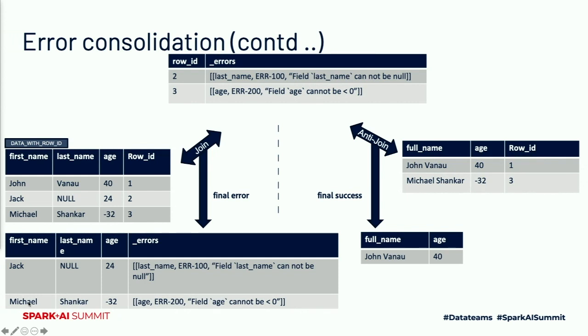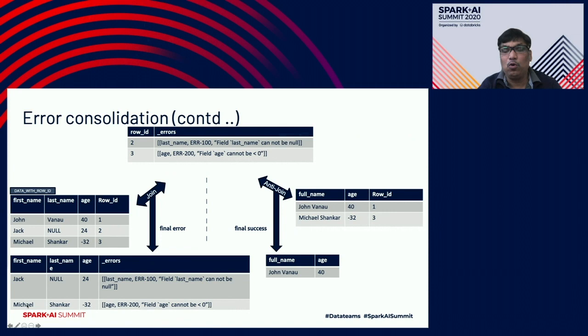To generate the success data frame, we take the success data frame that we got from our converter, and we do an anti-join. Why do we do an anti-join? Because we see the second row, which had a negative age column, was rejected by the subsequent validator, and we must exclude that row from our output. That's why we need to do an anti-join between the success data frame from the converter and the cumulative error data frame on the same join column, that is the row identifier, to get our final success data frame. So once we have these two data frames, like Sean mentioned, we could write them into configurable sinks,